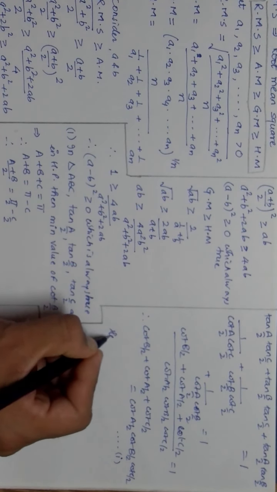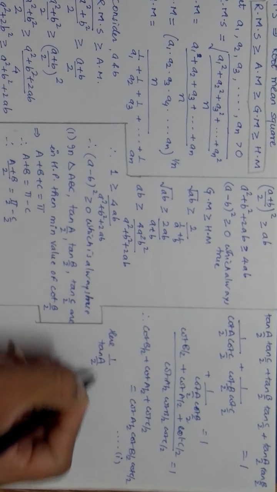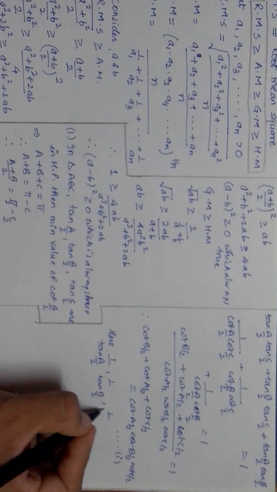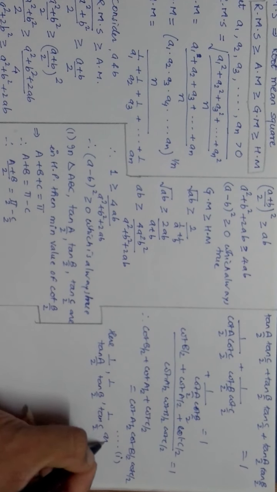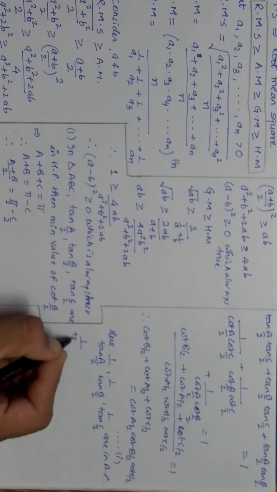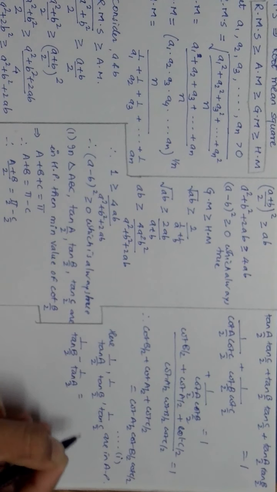So obviously here 1 upon tan A by 2, 1 upon tan B by 2 and 1 upon tan C by 2 are in AP. So AP you already know. How it actually comes, I am showing you here, which is not required, but still I am showing you. If it is in AP, then they will have a common difference, that is, any term minus previous term will be constant. So 1 upon tan B by 2 minus 1 upon tan A by 2